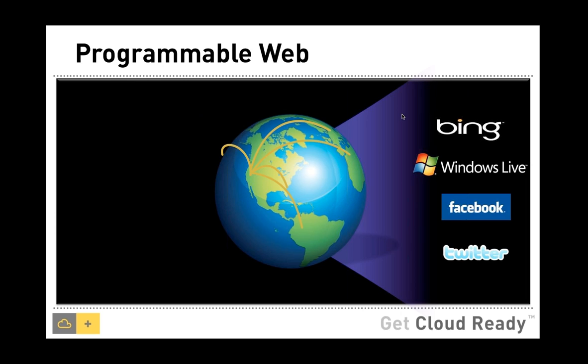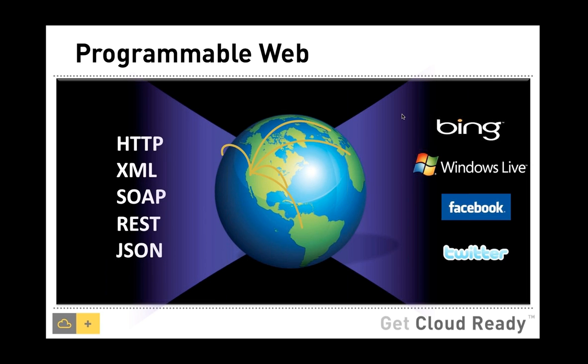For example, today there are mobile applications that run within iOS, Android, and Windows Phone devices. So these applications provide a better user experience on the devices, but they talk to the same website. This capability of going beyond the browsers and exposing the functionality of the web applications is possible through a set of protocols that have evolved in the last decade. For example, HTTP, XML, SOAP, REST, JSON. These protocols made it possible for websites to really become programmable.